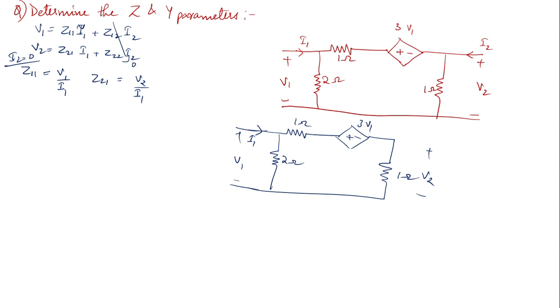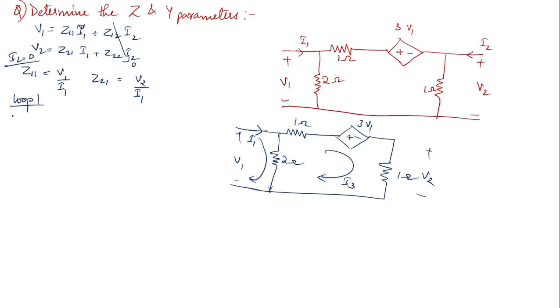Now, I'm going to assume that a loop current of I3 is flowing over here, and this current over here will be the same. That is, you have I1 current itself over here. So you have I1 and you have I3, your two loop currents. Now you can just apply the mesh analysis in both the equations.